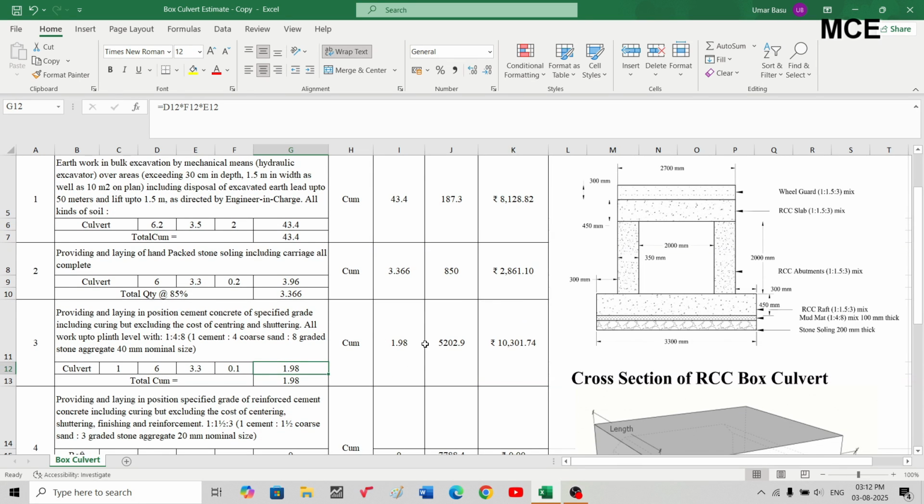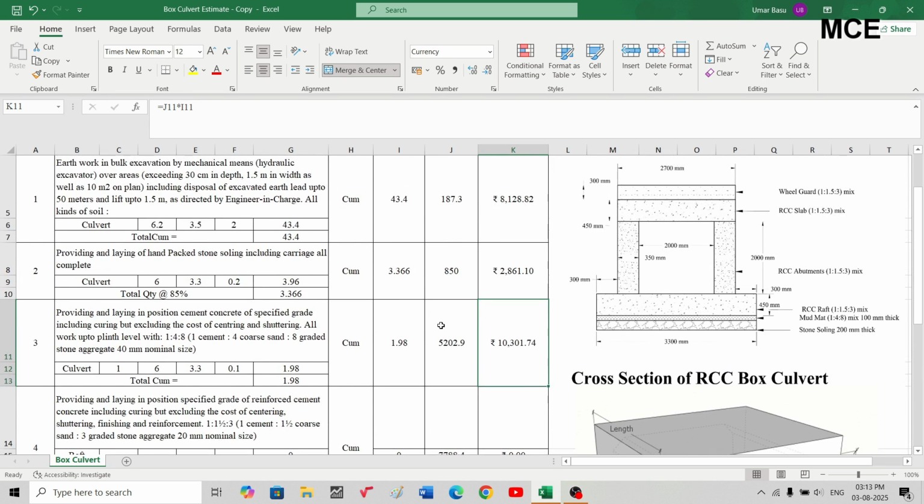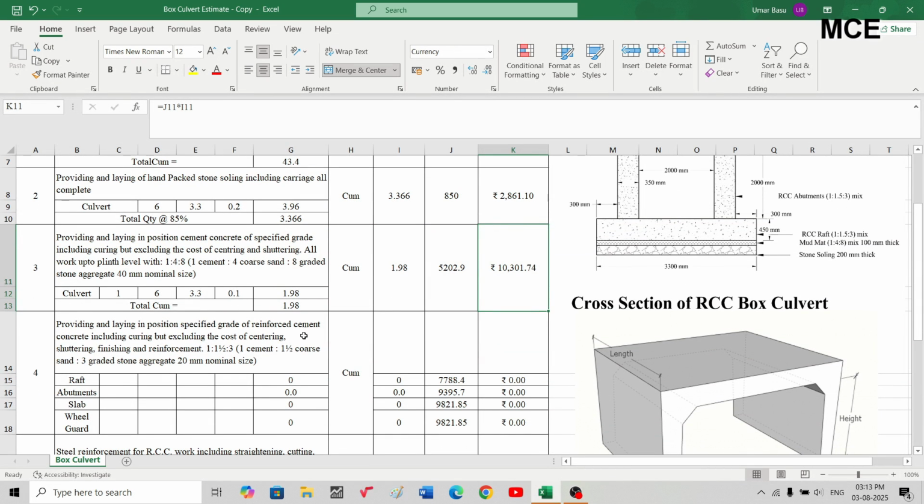Rate of this item in SOR is 5202.9 Indian rupees per cubic meter. So total amount for 1.98 cubic meters will be 10,301 Indian rupees. Okay, after that the next items are the reinforced cement concrete, that is providing and laying in position reinforced concrete,